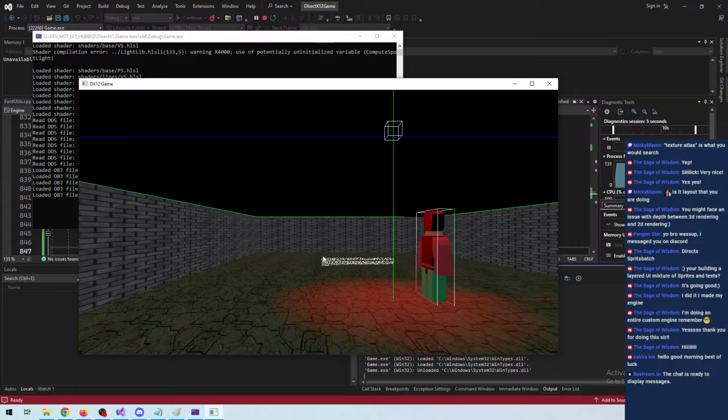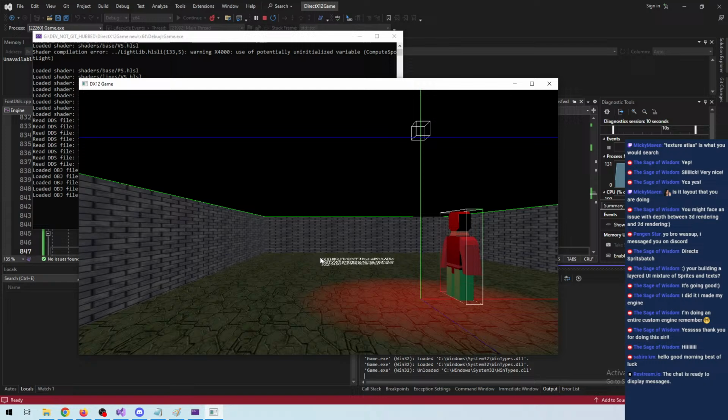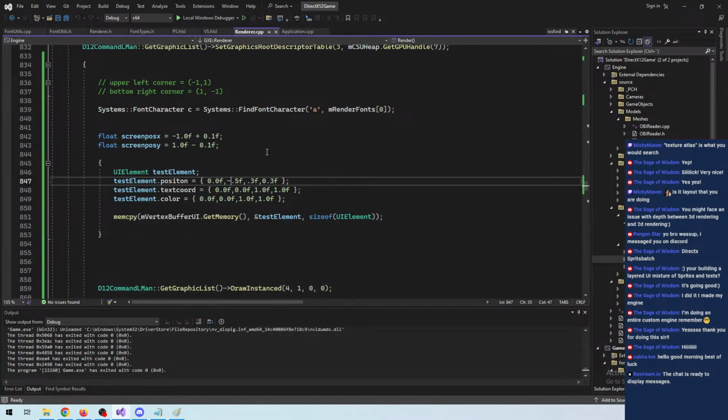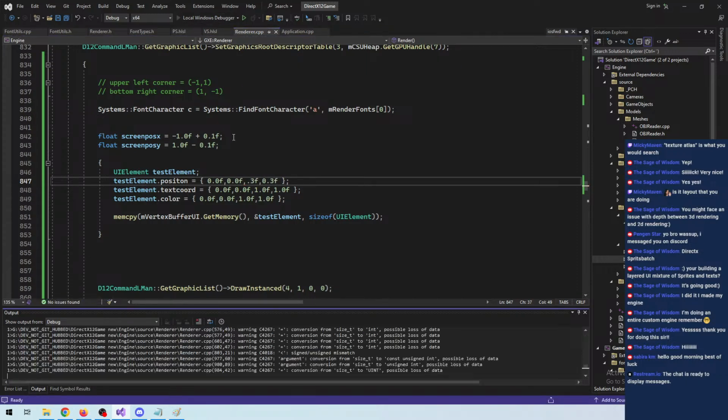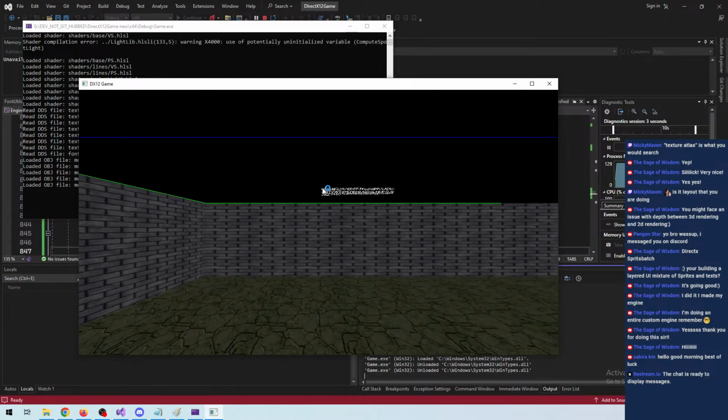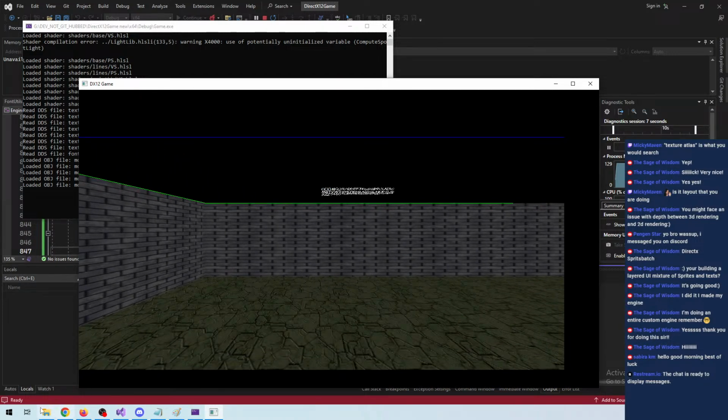So right now the corner of the texture is here, if I don't offset it. That's not the center of the screen, is it? I mean, if I look up the texture,